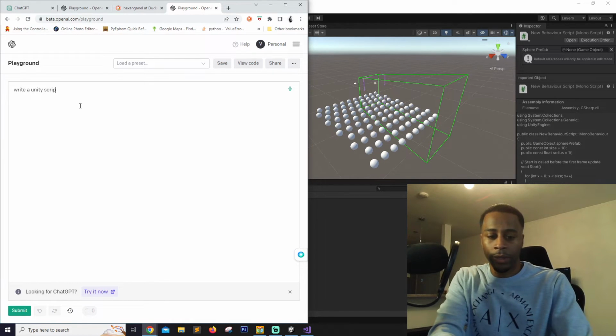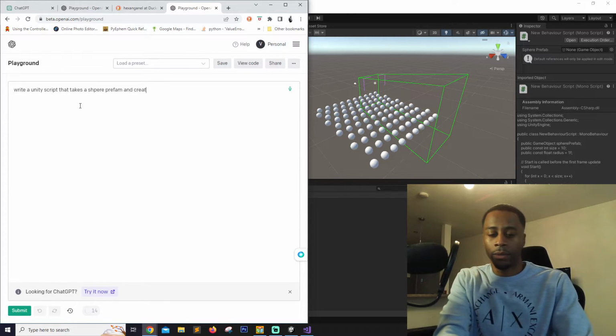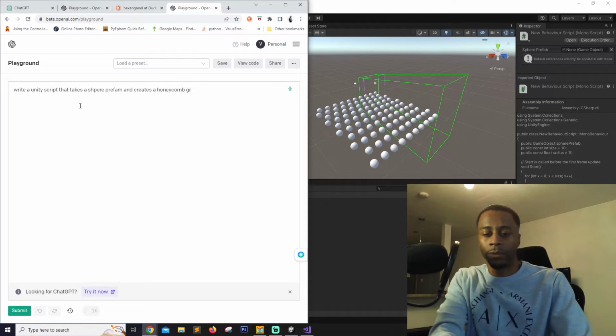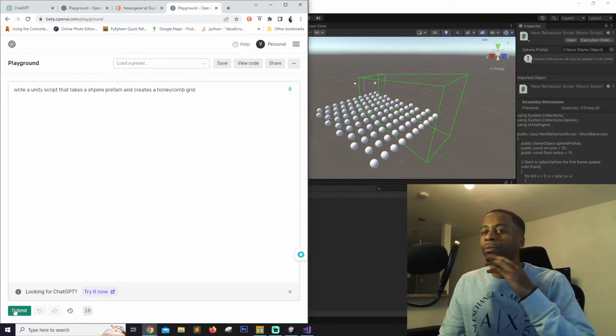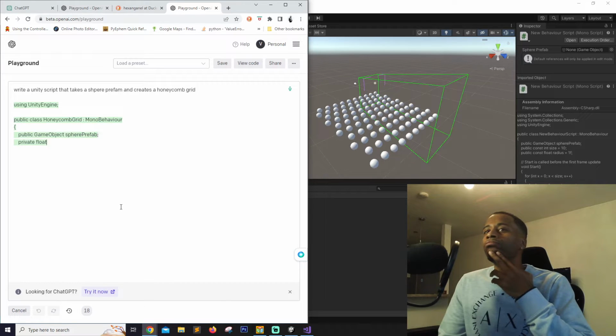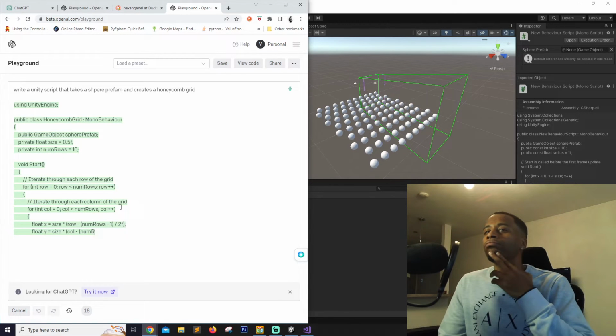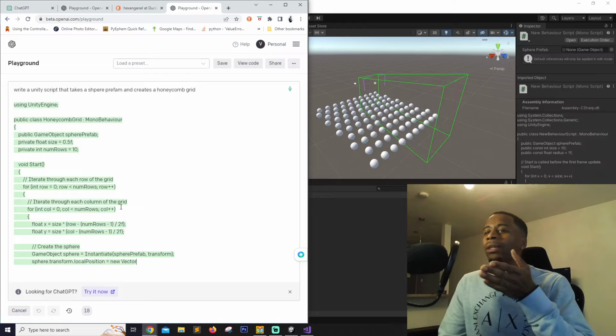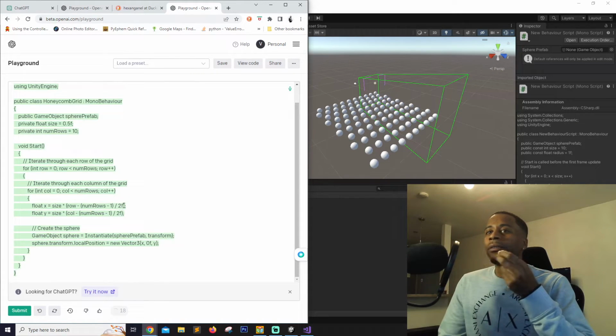Unity script that takes a sphere prefab and creates a honeycomb grid. Okay, so now this is looking a little bit more. All right, so